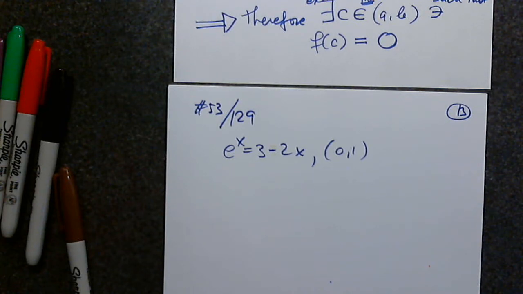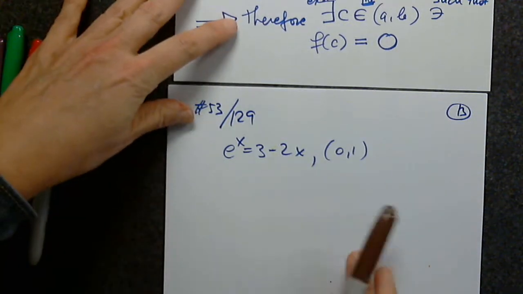Okay. So we're given this equation. With algebra, no one can solve this equation. You can say, I can punch it in the calculator. I agree. I can punch it in the software, in the computer. I agree. But algebraically, no one can solve this equation. And we're not trying to solve it right now. We are only trying to show that there is a solution between 0 and 1. But we don't know what this solution is. First step